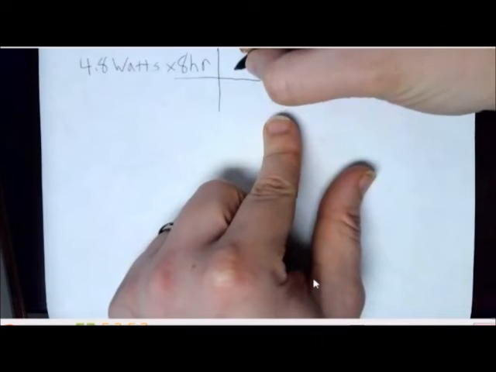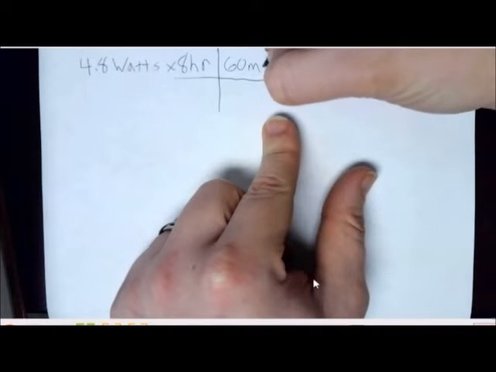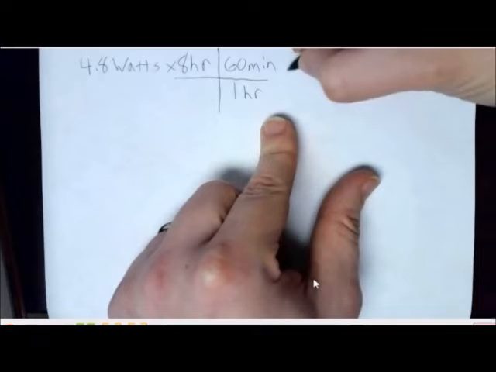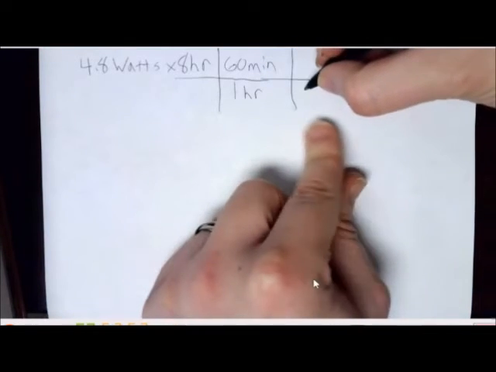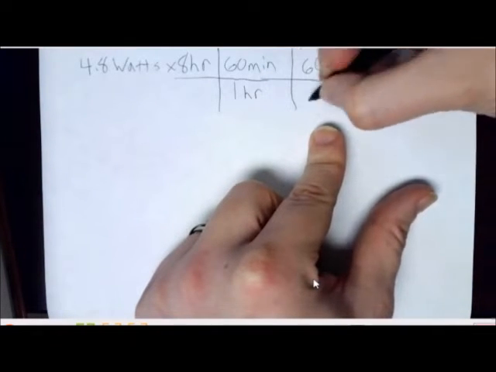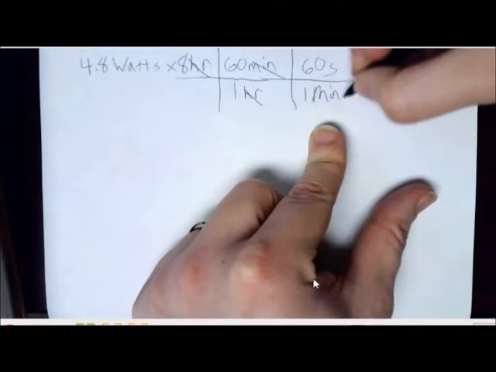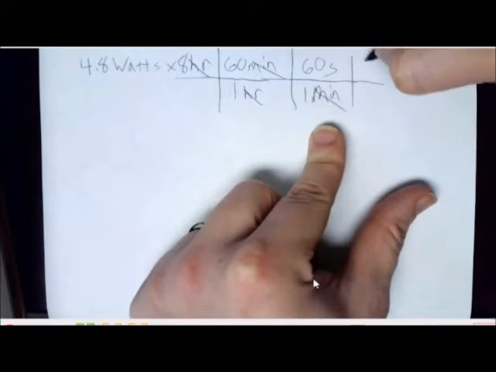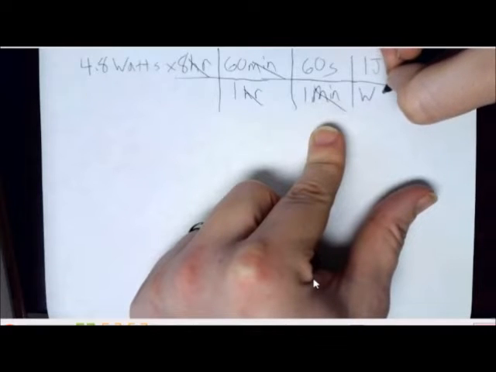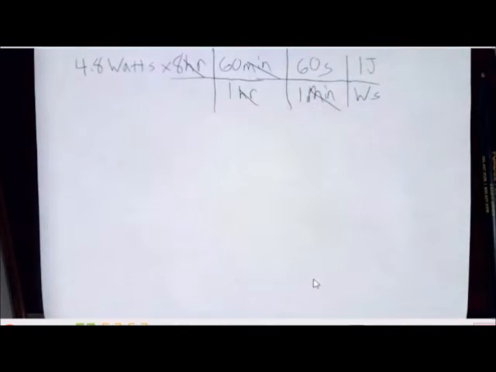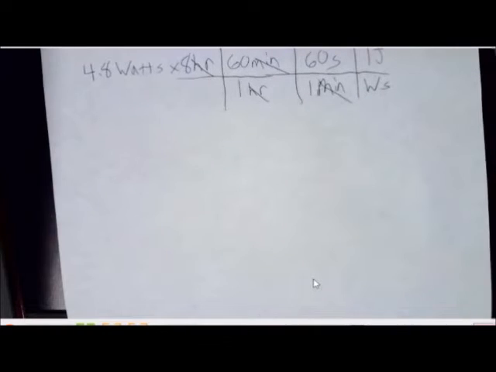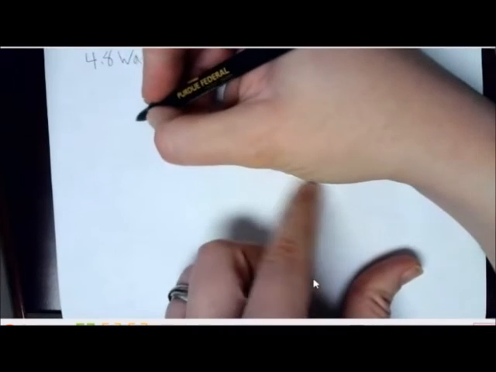So there are 60 minutes in 1 hour, and there are 60 seconds in 1 minute. And this would give us units of watt seconds. 1 joule is equal to a watt second. So real quick, let's calculate that. 4.8 times 8 times 60 times 60 produces